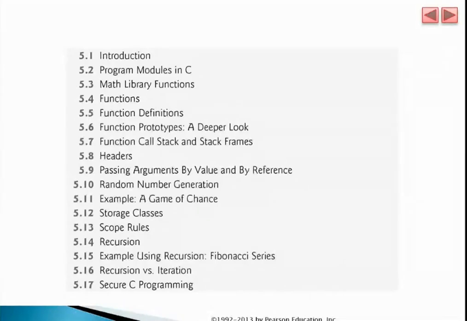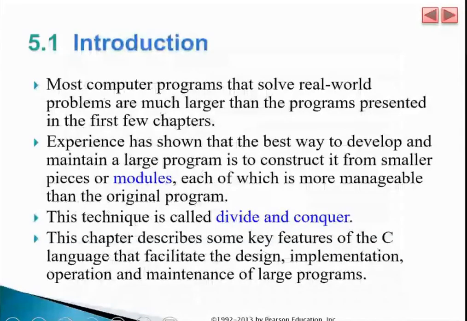Today we will start our next topic, that is functions, right? How to write functions in C. So most computer programs are able to solve real world problems that are much larger than the programs that